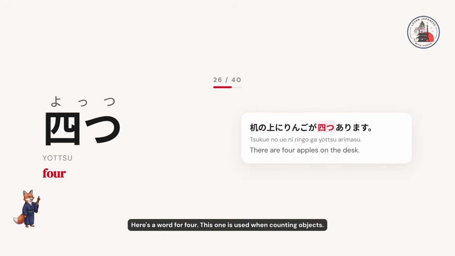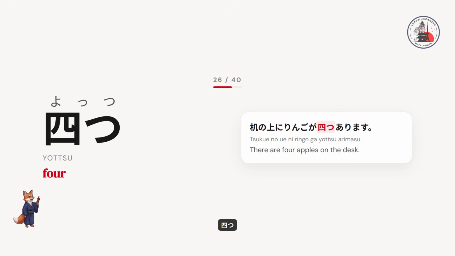Here's a word for 4. This one is used when counting objects. 4つ、4つ。 Here's an example. 机の上にリンゴが4つあります。